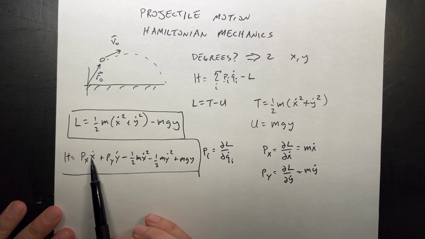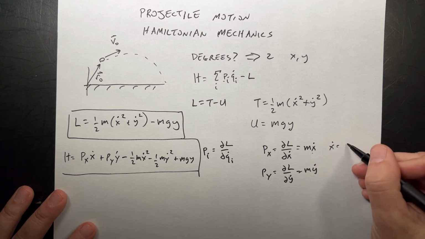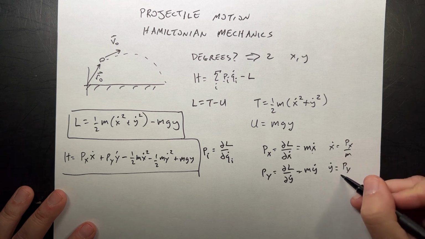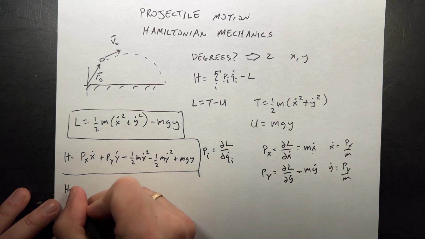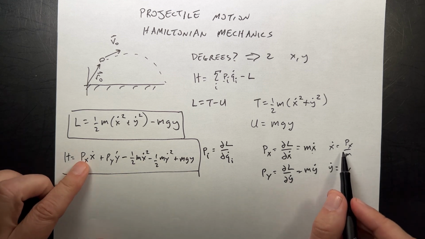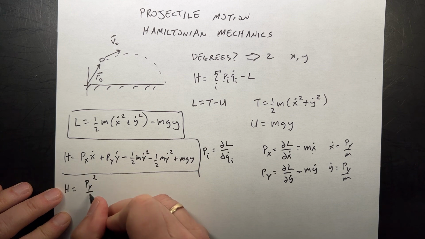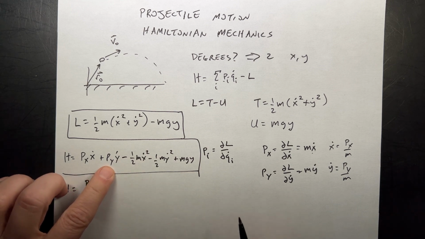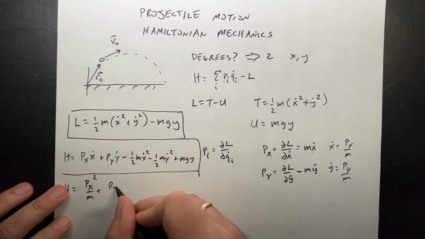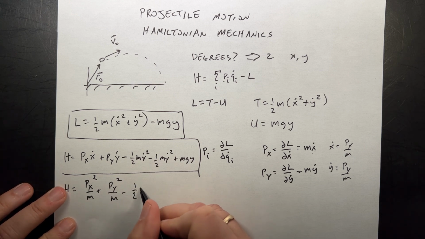So right here I have a p_x and an x dot, but I can use my equation right here and solve for x dot. So x dot is actually equal to p_x over m, and y dot is equal to p_y over m. If I substitute that in, I get H equals p_x times x dot, but x dot is p_x over m, so I get p_x squared over m, plus p_y times y dot, which is p_y squared over m, minus 1/2 m